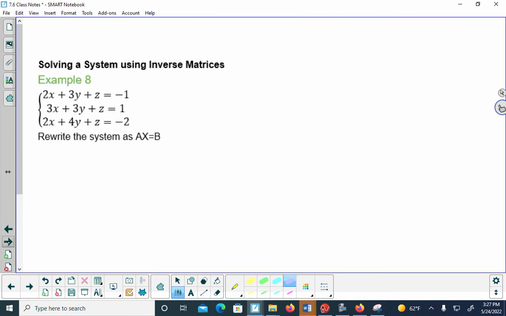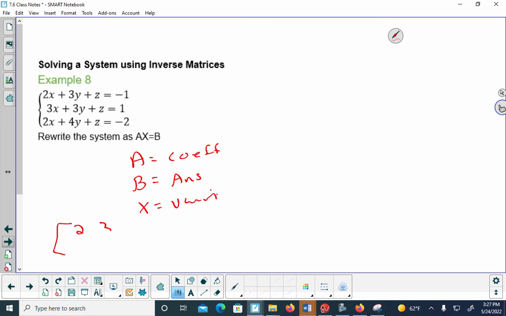So now let's talk about how we use inverses to solve systems of equations. So when I rewrite the system, it says rewrite the system as AX is equal to B. So remember, A is going to be my coefficients, B is going to be my answers, and X is going to be my variables. So what they're saying is you take the coefficient matrix, 2, 3, 1, 3, 3, 1, 2, 4, 1, and you multiply it by your variables, which in this case are X, Y, and Z, and you get your answers, which are -2,